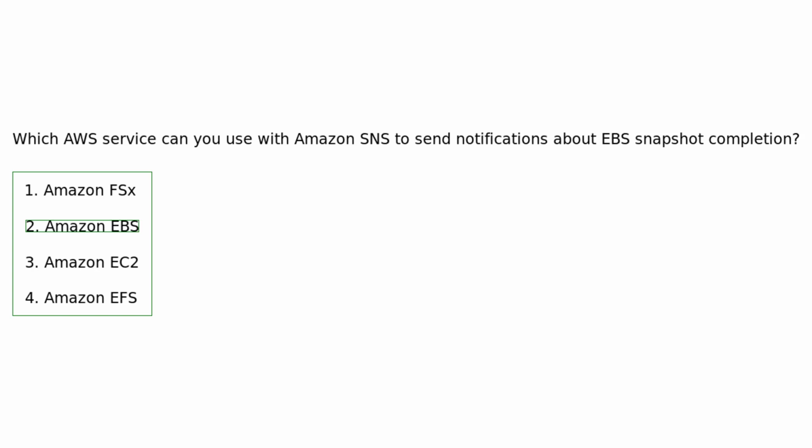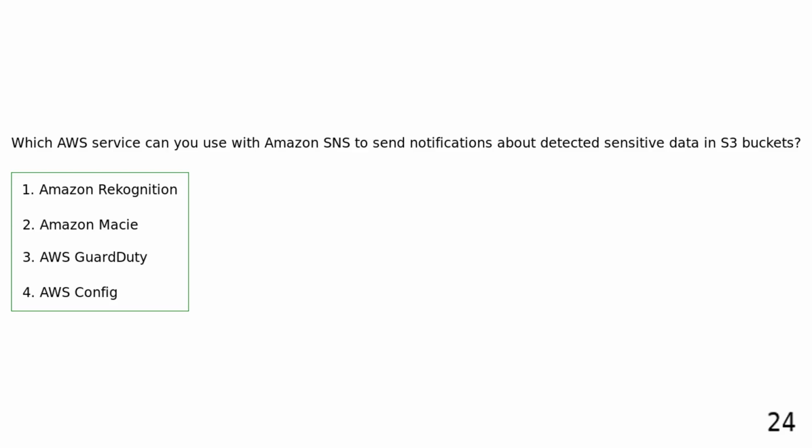Which AWS service can you use with Amazon SNS to send notifications about detected sensitive data in S3 buckets? Amazon Rekognition, Amazon Macie, AWS GuardDuty, AWS Config. Amazon Macie can be configured to send notifications through Amazon SNS when it detects sensitive data, such as personal information,